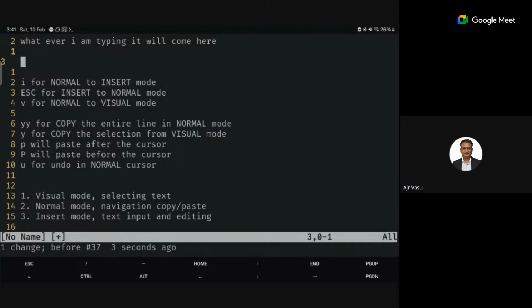What is your recommendation, sir? It is up to you only. I would say, from a physical perspective, if you are using Emacs, you have to use your Control key and Alt key a lot. It will give you some strain in your fingers. If you want to avoid that, you can use VI, or you can remap your keyboard.